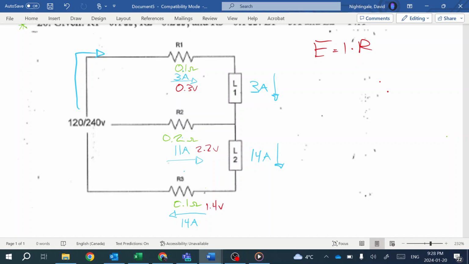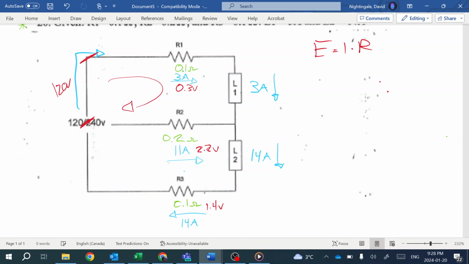Kirchhoff's law states that if we have a 120 volt source between these 2 points here, the voltage drops need to equal 120 volts coming back. So we're going to trace our path. It doesn't matter what path we take. It has to equal whatever the source was. So our source is 120. If we have a 0.3 volt drop there, we have a 2.2 volt